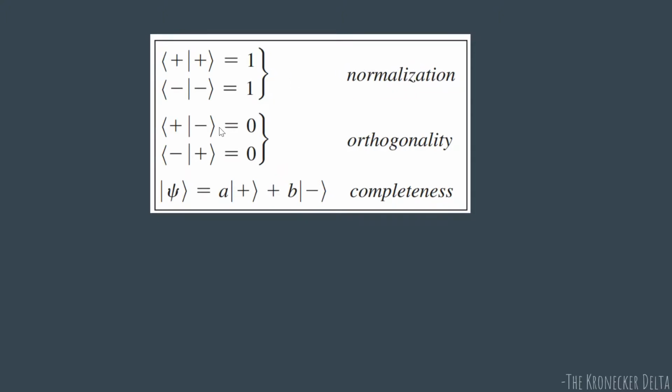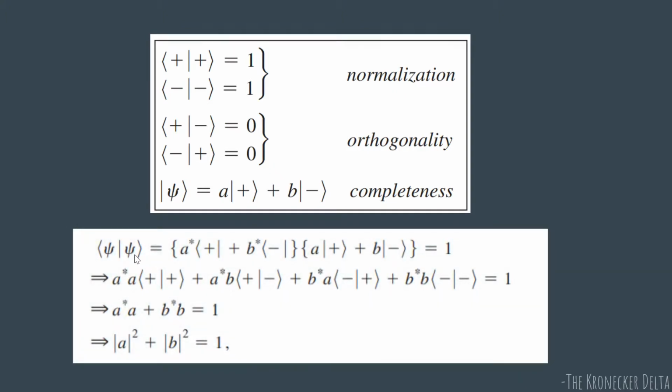That's normalization. What does orthogonality mean? It means i dot j is 0, j dot k is 0, and k dot i is 0. Similarly, if you take plus z in a product with minus z, you get 0, and the other way around. Now, what does completeness mean? That any generic state can be written as a linear combination of these basis states.